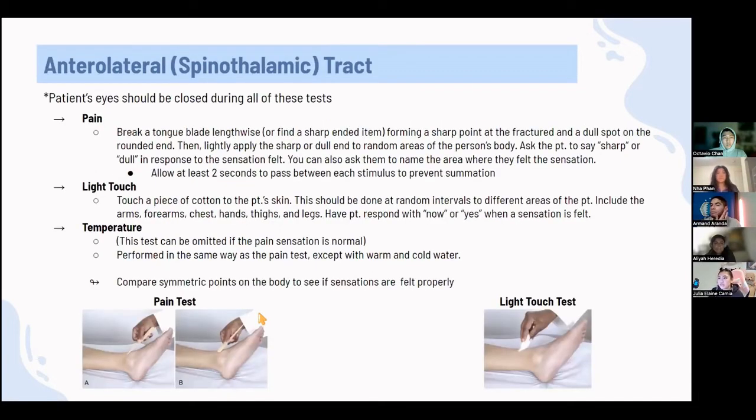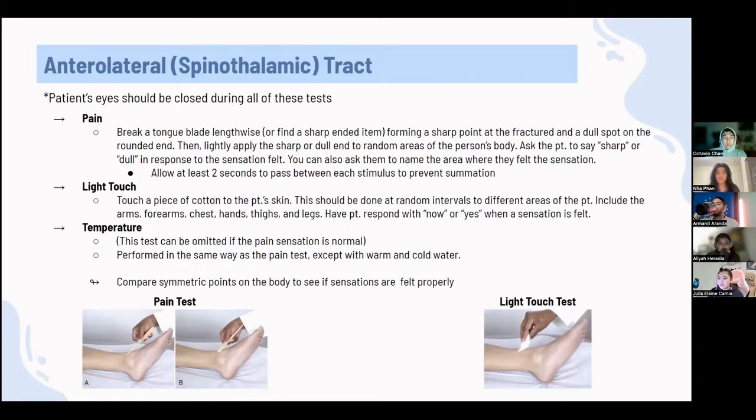So for the anterolateral or spinothalamic tract, the patient's eyes should be closed during all these tests. So you would be testing pain, light touch, and temperature. For the pain assessment, you would break a tongue blade or find some kind of sharp-ended item and also a dull-ended item. And then you would apply these two, sharp and dull, to other areas of the person's body, and you would ask them to respond if the feeling is sharp or dull, and also ask them to name where